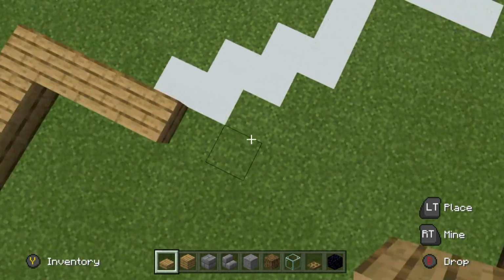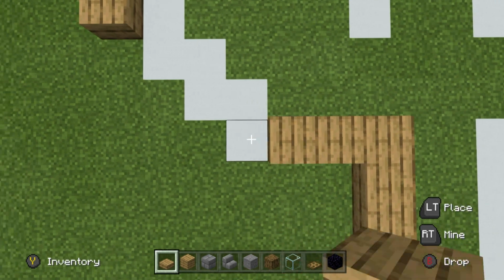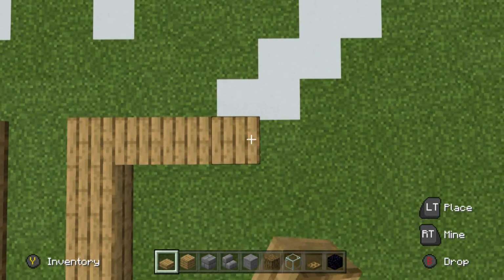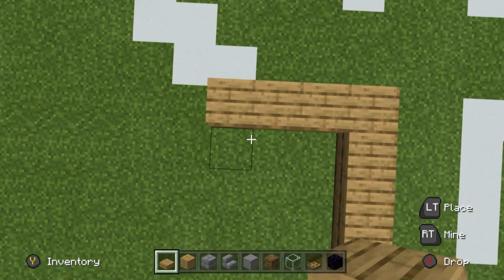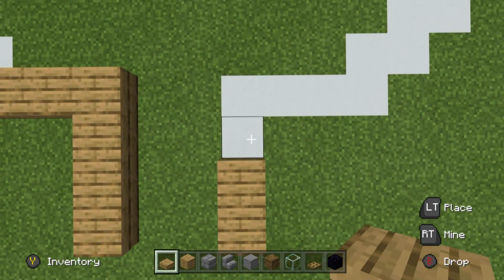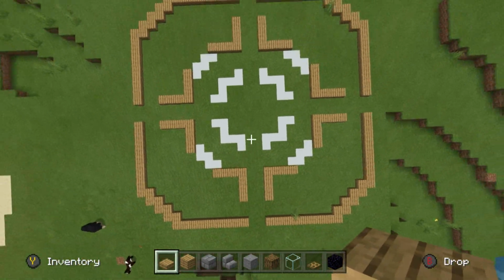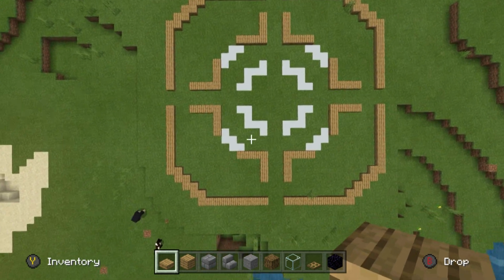So for those of you that don't have the white concrete foundation that I have laid out on the ground to make sure that I don't go wrong, this is going to be the easiest way for you to build this. So once we do have all of the pairs of oak wood slabs placed on the ground in right angles like this, what you then want to do is connect all of the corners together,